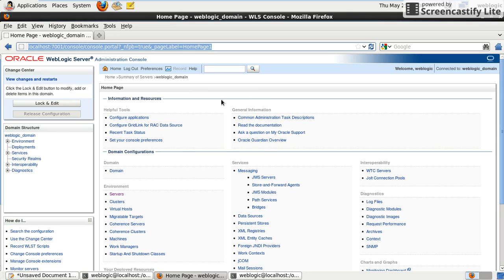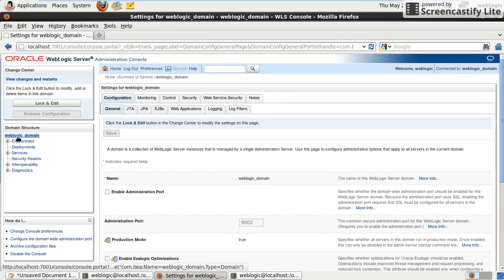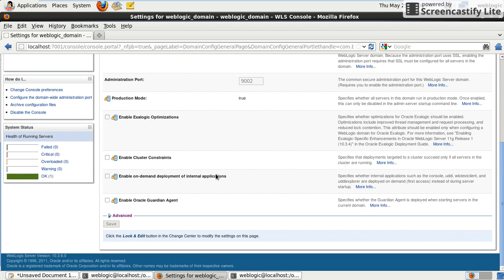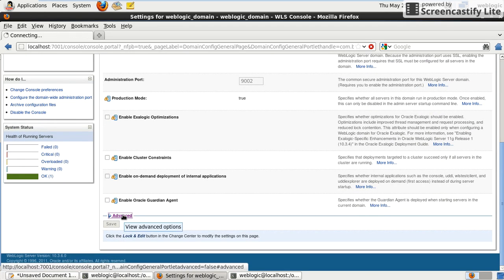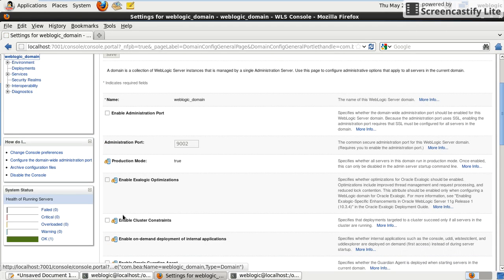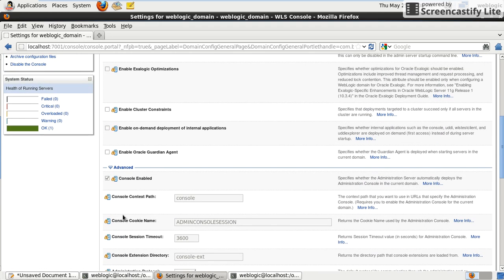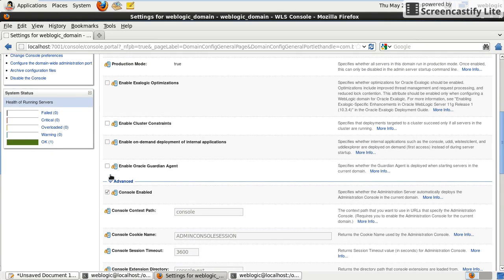When we don't require the console, we can disable it just by going to the domain name, and here in the advanced section, see here, console enabled. By default this feature is enabled.